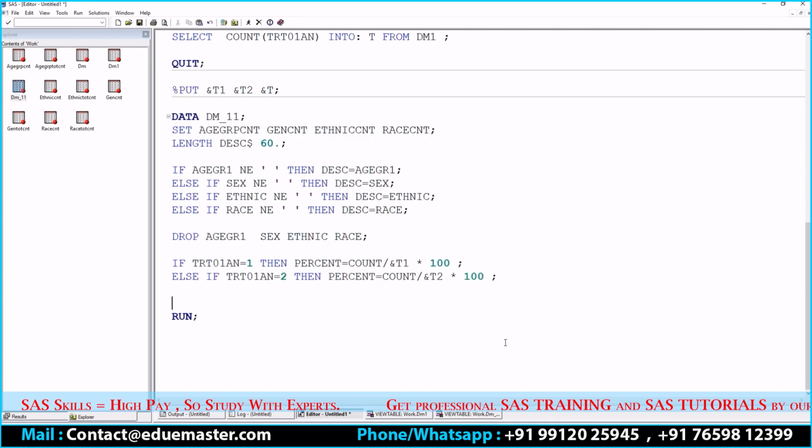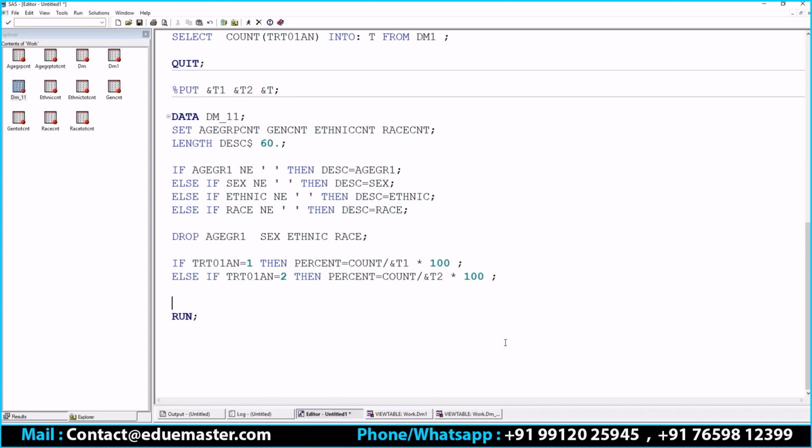I'll create a combined value, say count and percentage, equal to count concatenated with percent. But they should be of character, so strip and put,